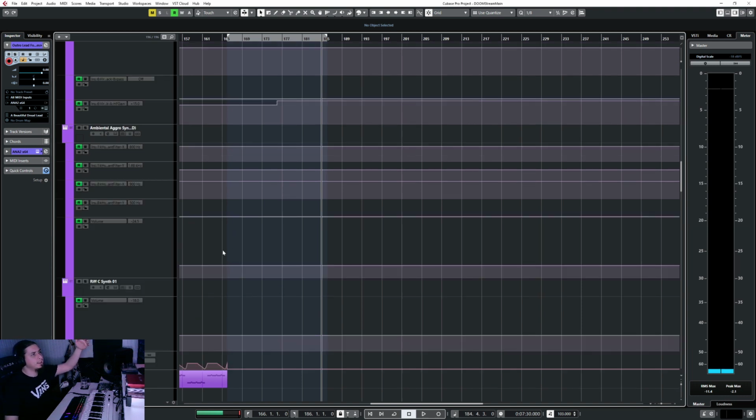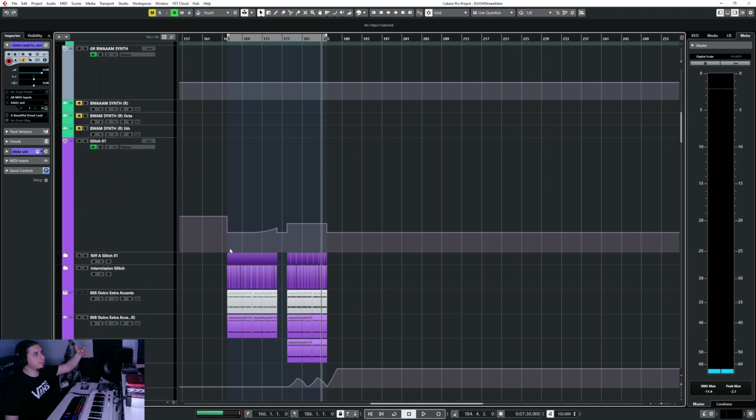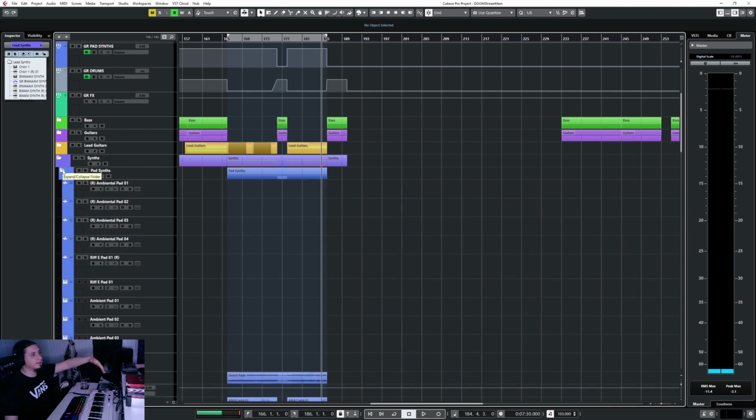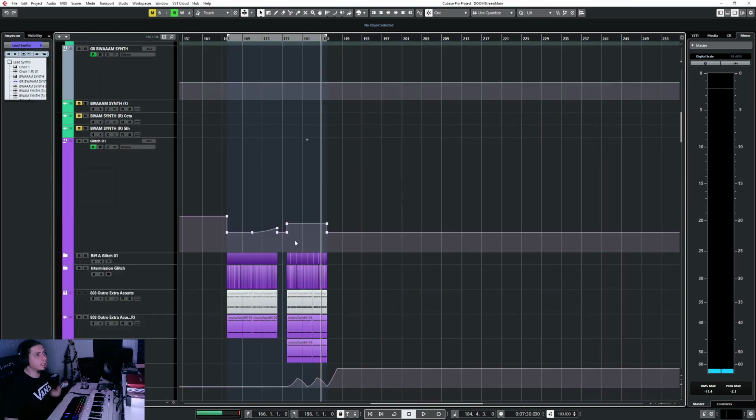These are just my lead synths, by the way. Yeah, so lead synths, bam, pad synths. Look at that. How am I supposed to know at a glance which is which? I mean, I could read, but reading's for suckers, right? Anyway,